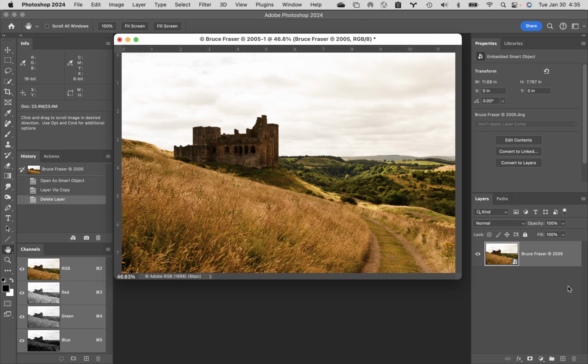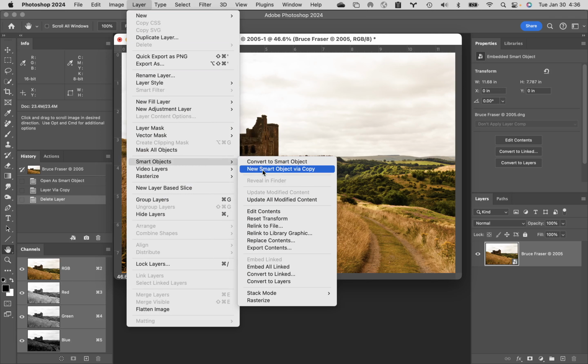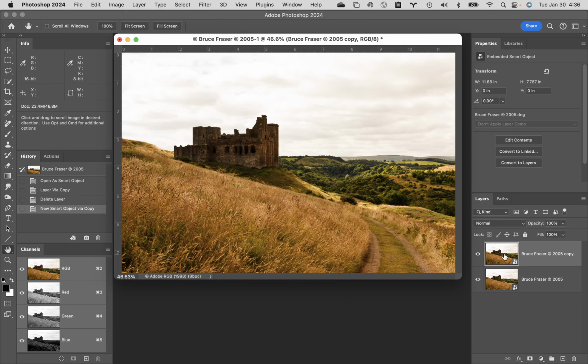Make sense? So to do that, the only way to do this, you can't click on copy down here, you can't drag this down and make a copy. The only way to do it is to come up to the layer menu, down to smart objects, over to new smart object via copy. Everybody take out your phone and humor yourself and shoot a picture of this screen, because this is what you need to remember. Because if you don't do this, you're going to end up just making clone after clone after clone of your one smart object, and that will not help you at all. So up to the layer menu, down to smart objects, new smart object via copy,